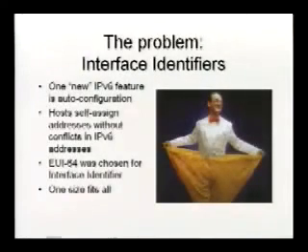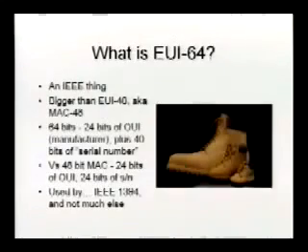The problem is one of the IPv6 features, which is mandatory for conforming implementations on end hosts: auto-configuration. And because it exists, people are likely going to want to use it. It's one-size-fits-all. EUI-64 was chosen to be the interface identifier, which means that it has a significant impact on the space that's available for actual networks.